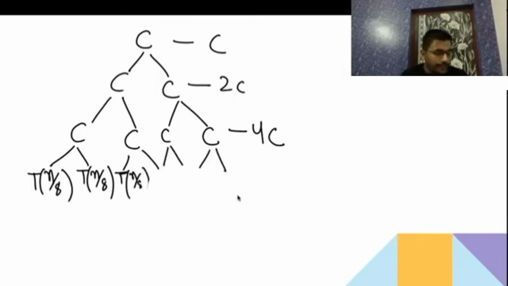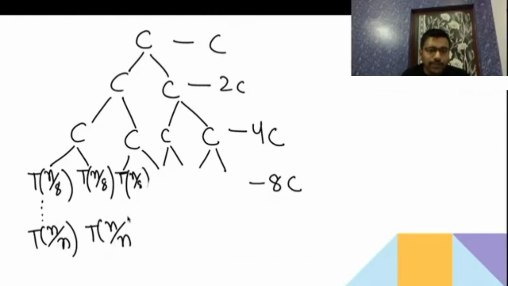See, now in this level, if all of these do some constant amount of work, then again it will get divided. Now see how much work in total we are going to get in this level. Here c, 2c, 3c, 4c, 5, 6, 7, 8. So here 8c. So whatever number you are getting below, with which we are dividing, that many times c is the amount of work we are getting here. And see, the base condition here is n equal to 1. Yeah, very good, Pratiksha. The base condition is n equal to 1. So we need to go till T(n/n), n/n. Like this, it will keep on going till n/n. So for this, how much amount of work will we require?